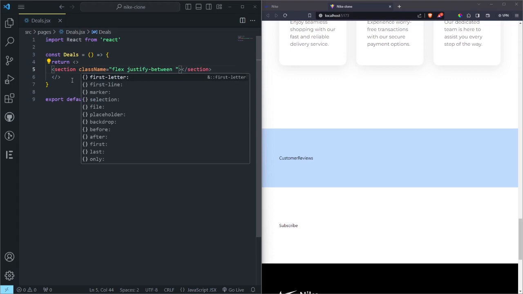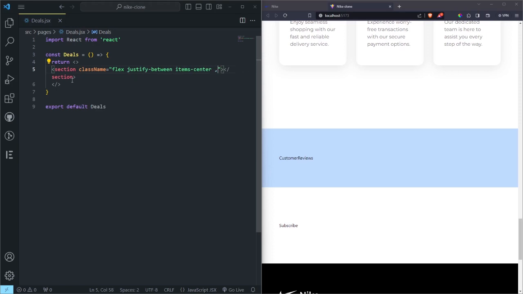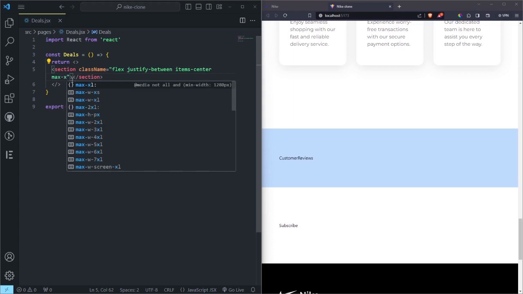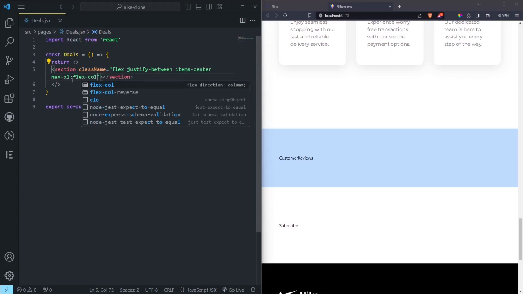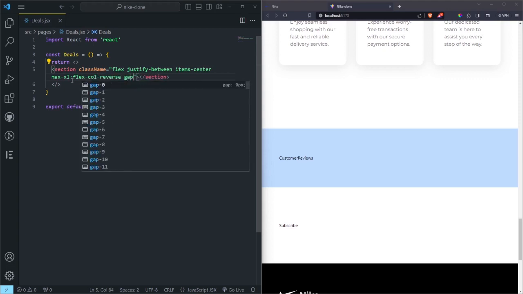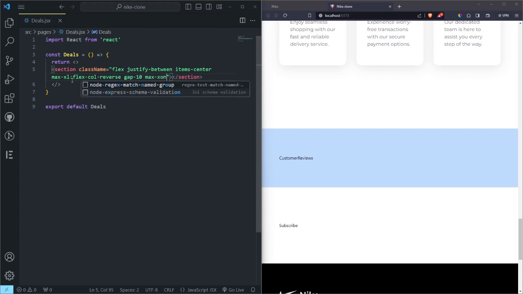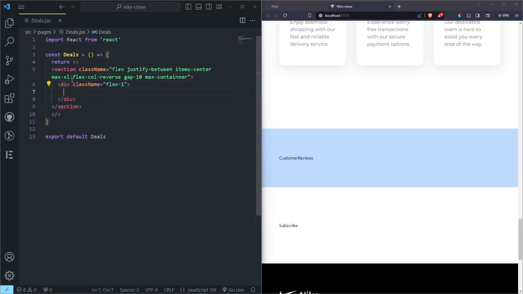We can also do item center, and then a maximum XL, max XL. We want to do a flex to be column, which is going to be reverse, a gap of 10, and then a max container, like that. Inside this section we can do a flex one div, and then inside here we want to have